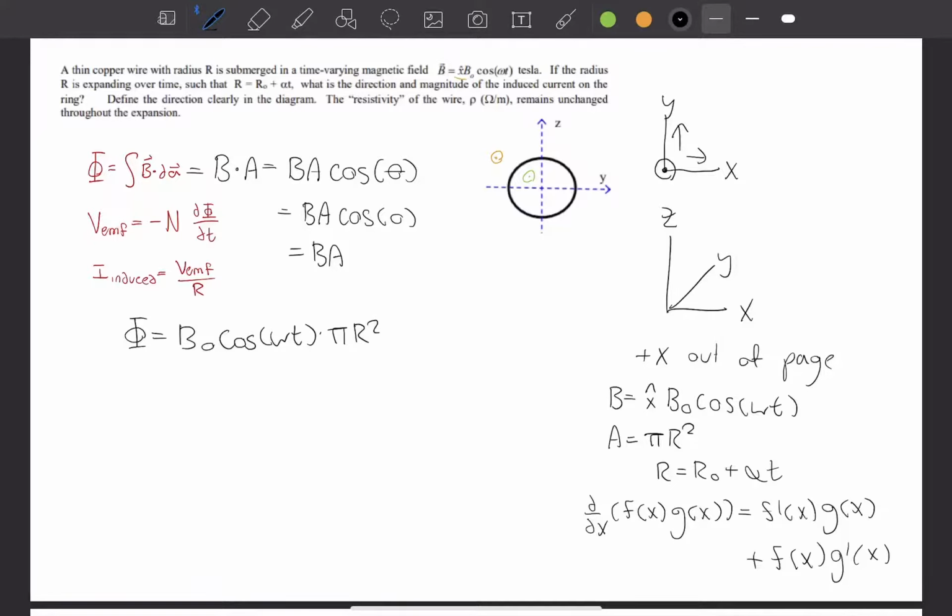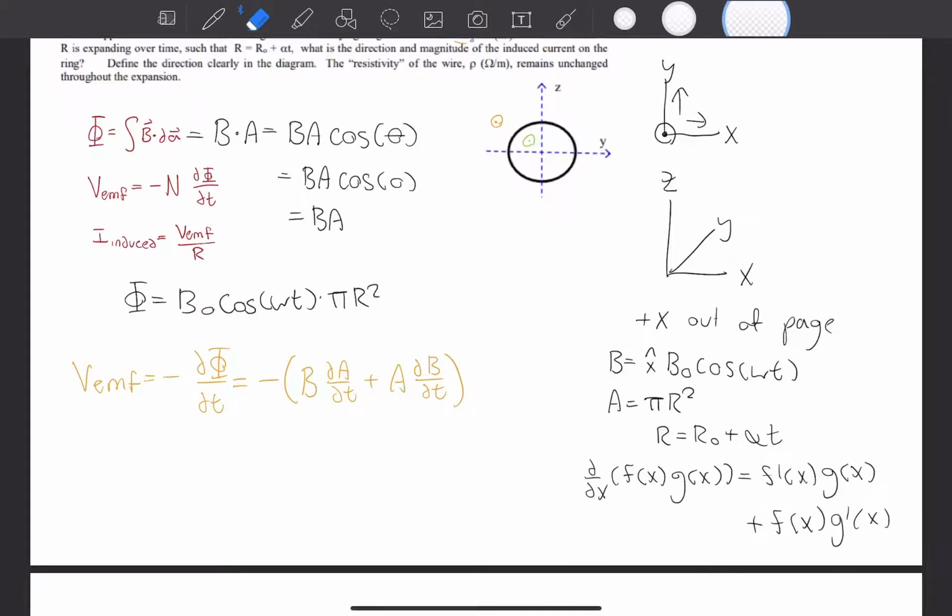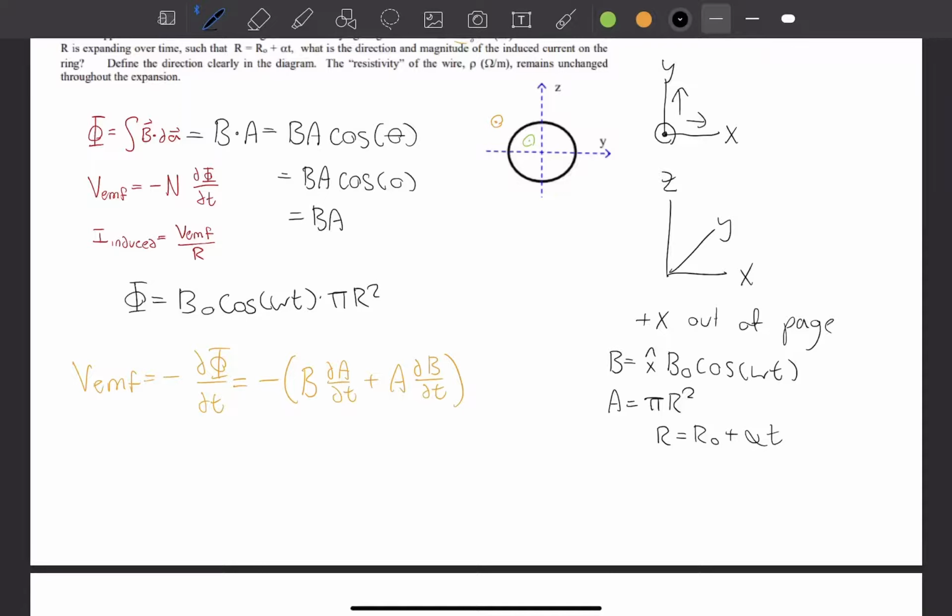function. So let's rewrite this in terms of our induced EMF, our VEMF. VEMF equals negative d flux dt, of course, because n is 1, which equals negative of b times dA dt plus a times dB dt. Excellent. And now we can do our derivatives because we have broken them down into components, and they are very easy to do as components. So let's begin